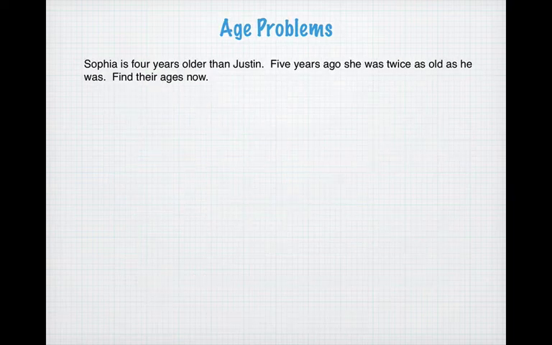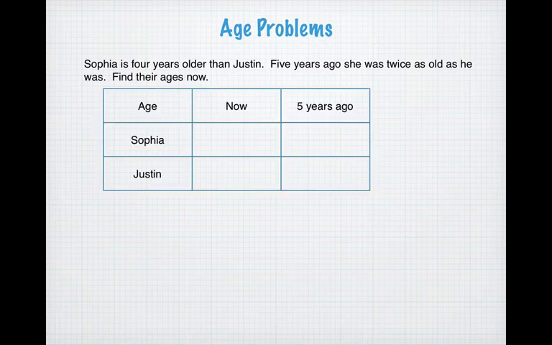Moving on to example 2. It is an age problem. And it says, go ahead and write this down. Sophia is 4 years older than Justin, but 5 years ago, she was twice as old as he was. Find their ages now. So we're going to set up a chart